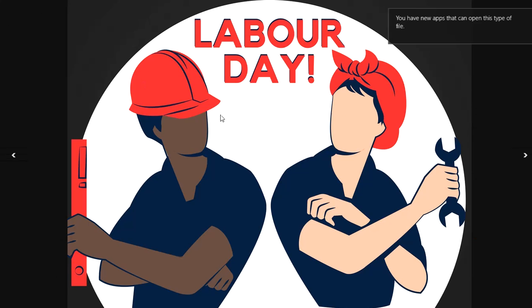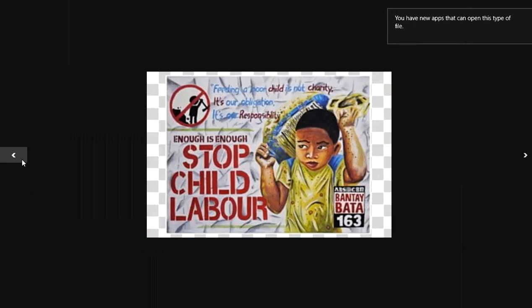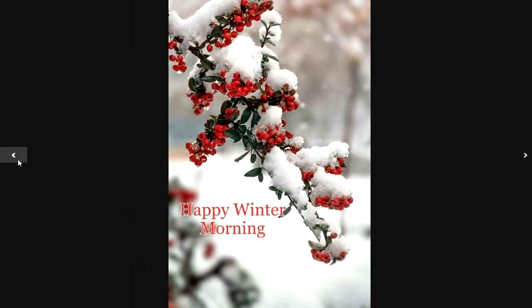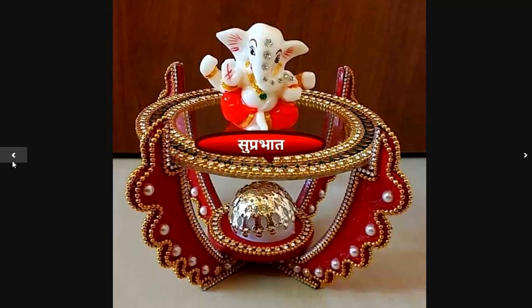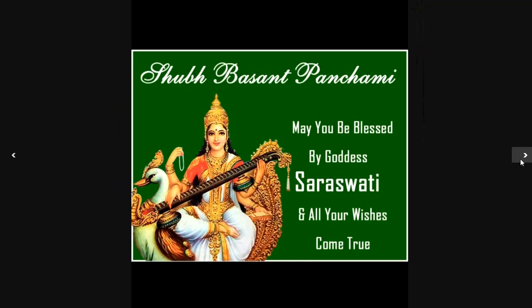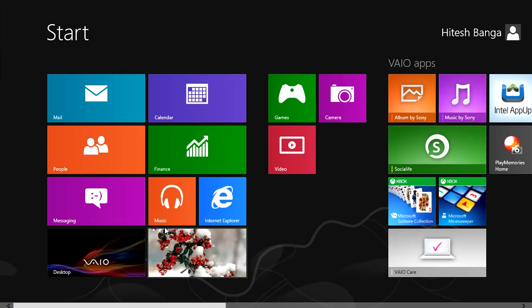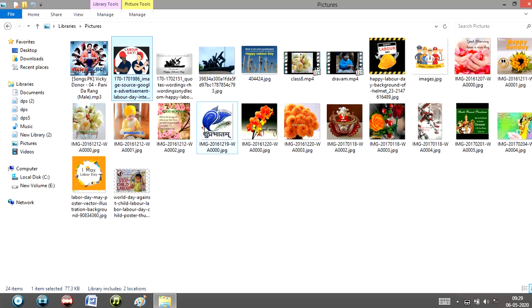Okay, now this particular arrow will move you to the previous picture of your library, and this particular arrow will move you to the next picture of your library. Okay, now I am clicking again there.